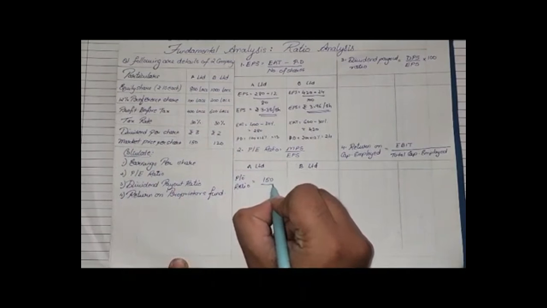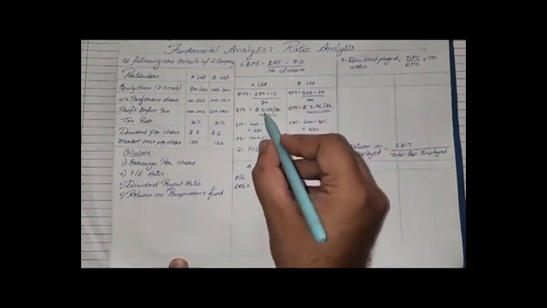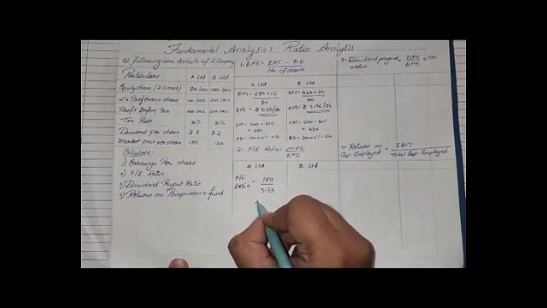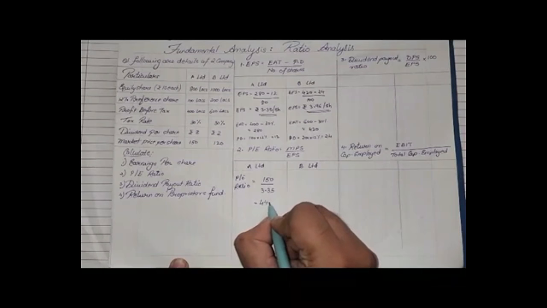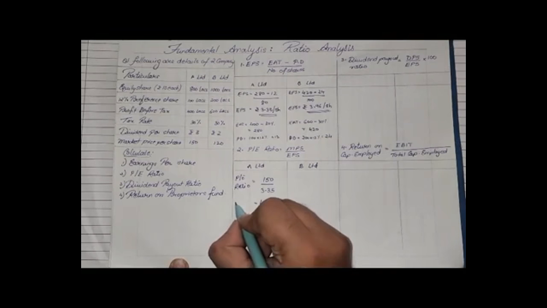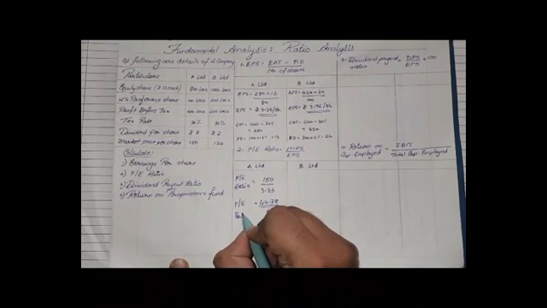So it will be 150 divided by earning per share of A Limited. We already found that in the first formula, which is 3.35. So 150 divided by 3.35, we will get the value approximately 44.78 times. So it is in times always. Okay, so our PE ratio for A Limited is